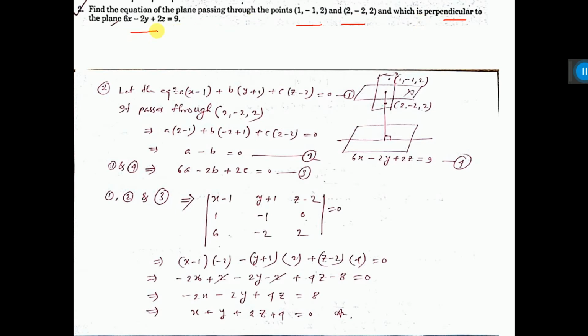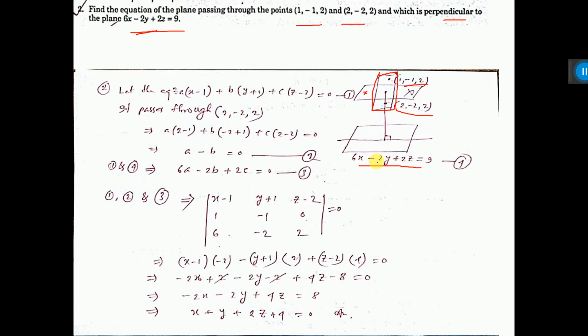So you see I have drawn the diagram. Find the equation of the plane passing through the point. See these two, this one is the plane passing through these 2 points I have written. This is one point, this is another point. Actually this plane by mistake I have drawn, you cut this plane. And which is perpendicular to the plane this is the plane. Here this plane is perpendicular.